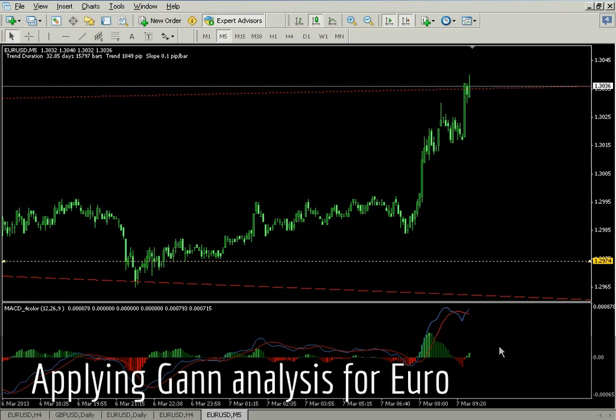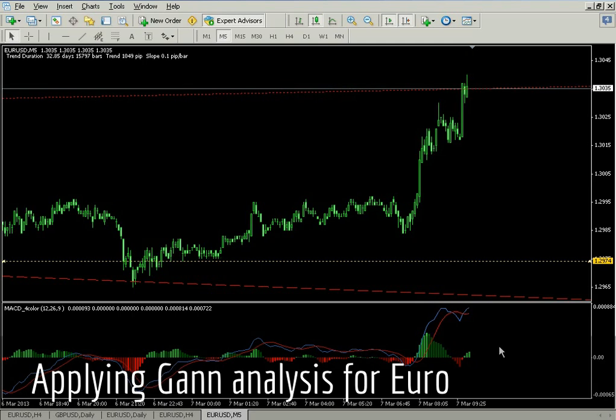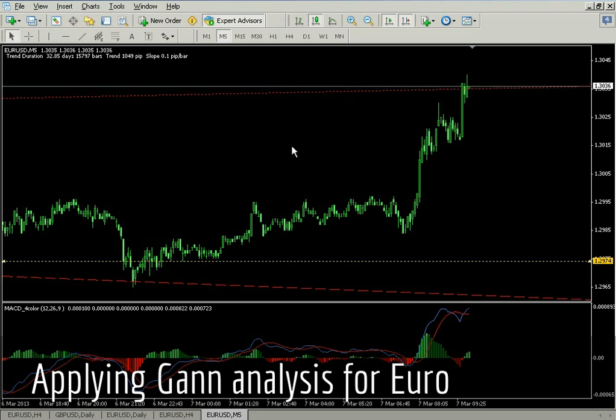So probably I will go short. I think it's better to wait for this line to be broken a little bit. But we can look also at 1 minute. On the 1 minute chart MACD will cross in just minutes. So I'll wait for the 1 minute MACD to cross and we'll go short.